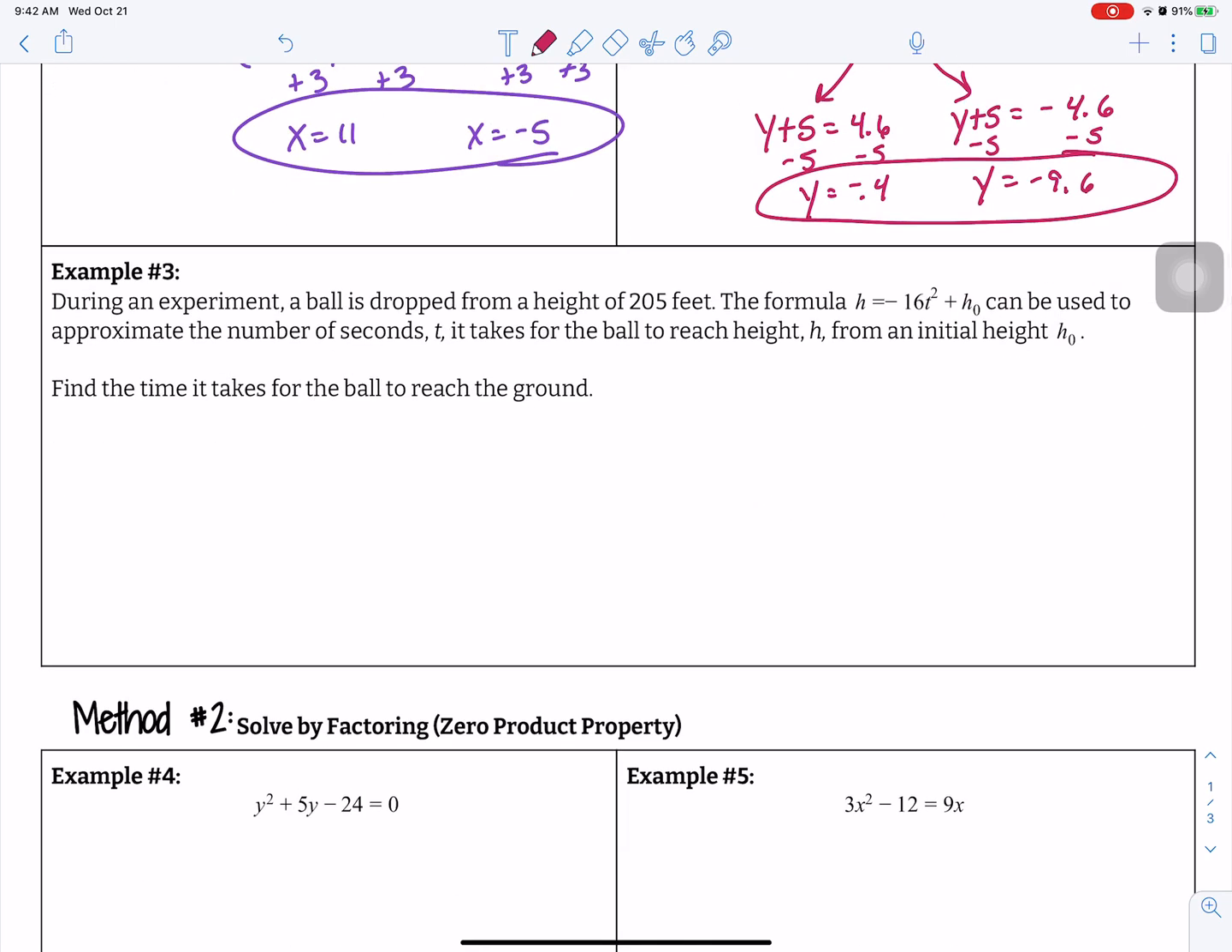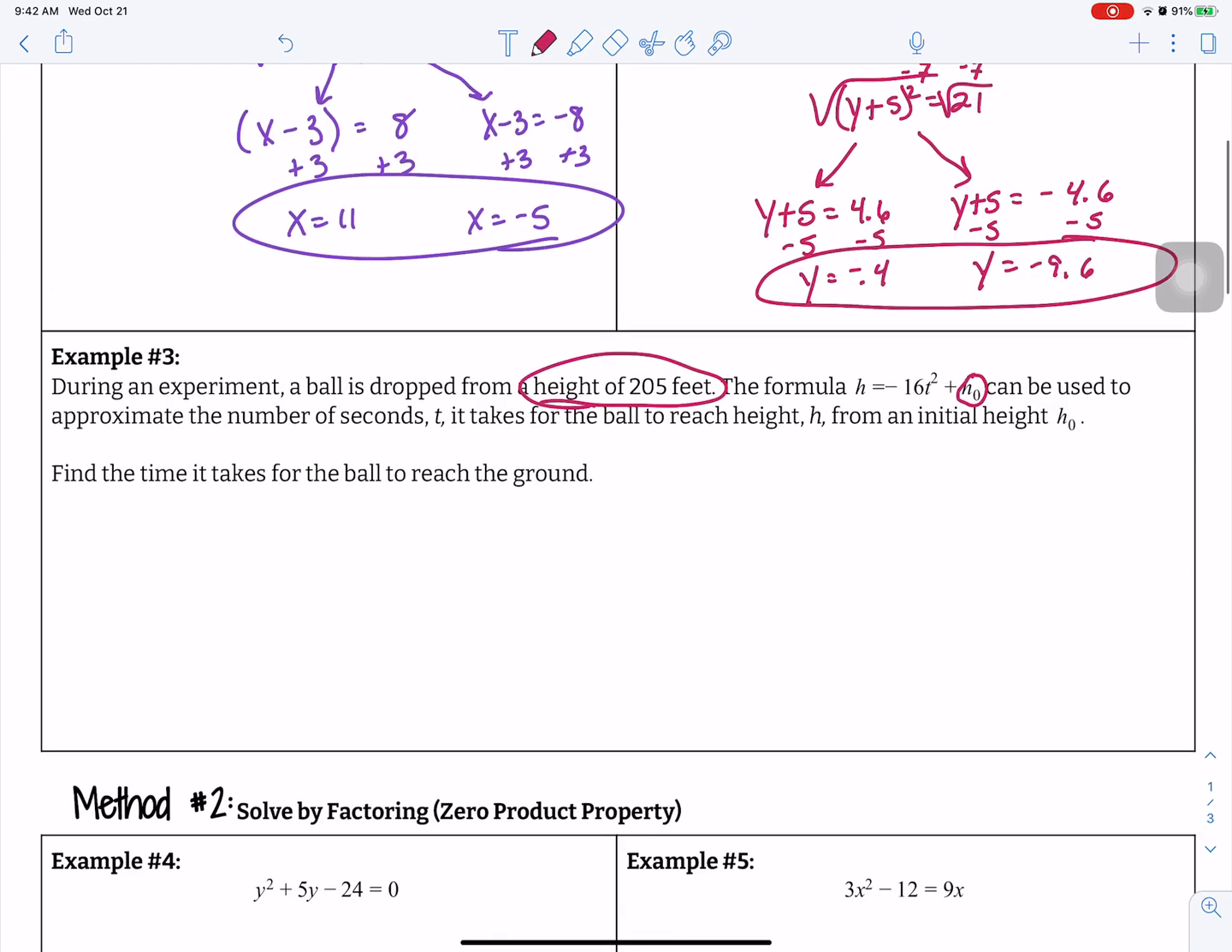The next one, same type of thing. It says during an experiment, a ball is dropped from a height of 205 feet. Since this is a height, that actually would be our initial height. So that's going to go into this equation here and can be used to approximate the number of seconds it takes for the ball to reach whatever height we want. We want to know when the ball reaches the ground. So when the ball reaches the ground, it's at height 0